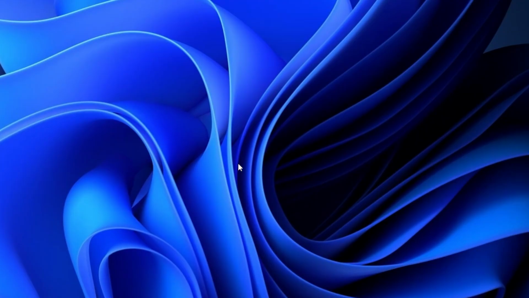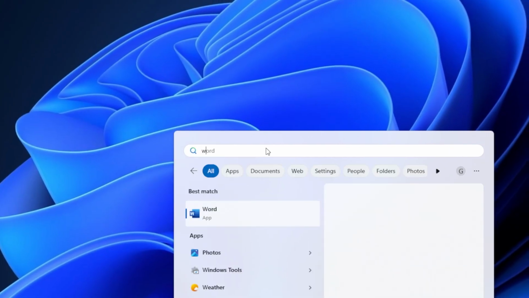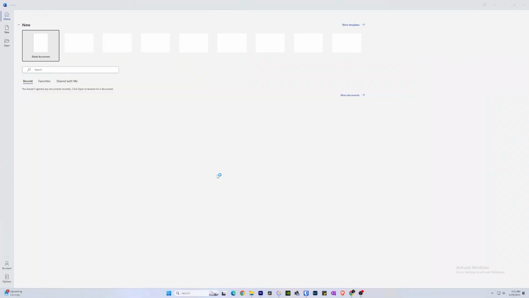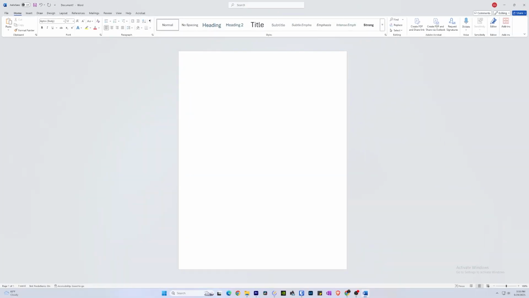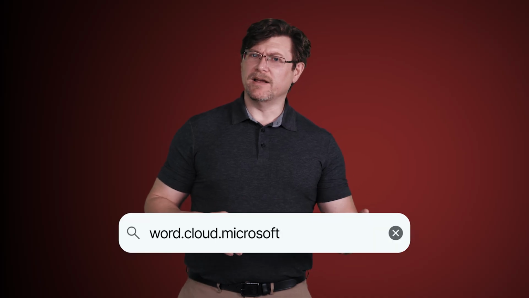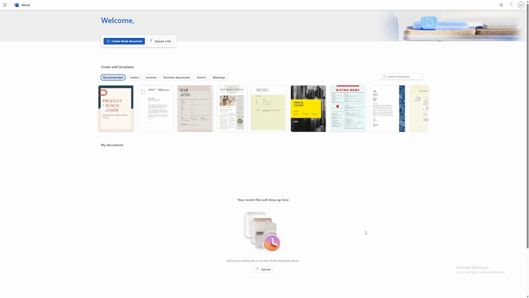One of the biggest differences between these two is Word can be used in both a desktop application and browser version. Almost all features of the desktop app are available in the online browser version, but there are some differences. Let's open the Word application. When you open the app, you should see a screen like this, where you can pick a blank document. If you are on the website and choose to open the browser version of Word, you'll see something like this.